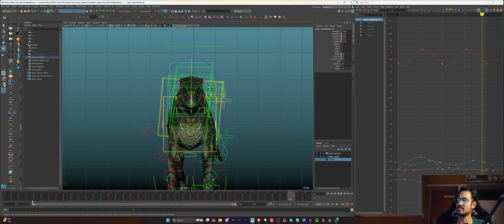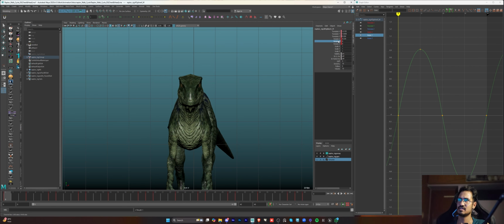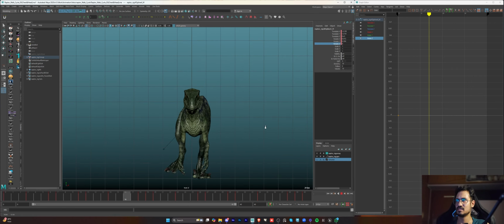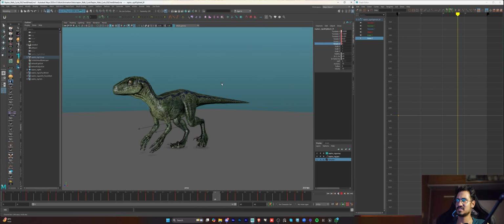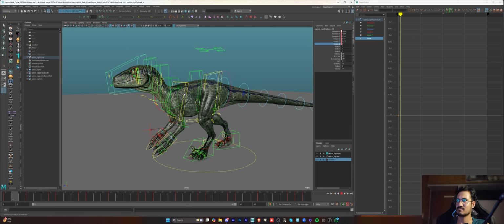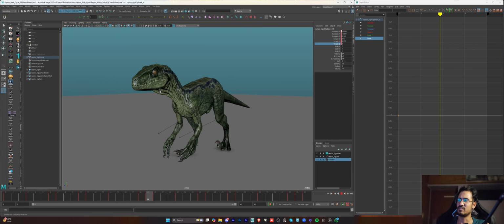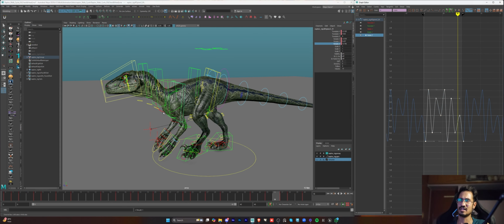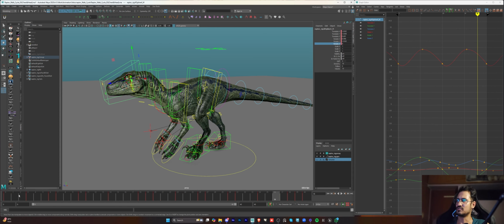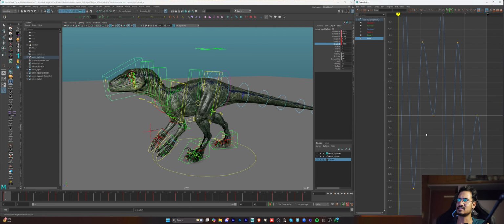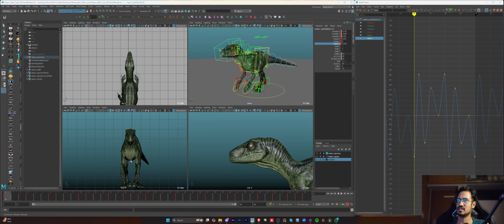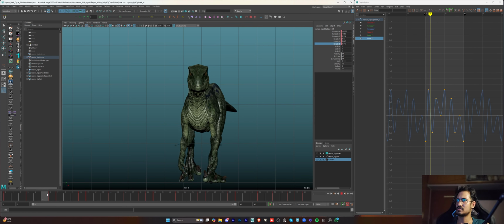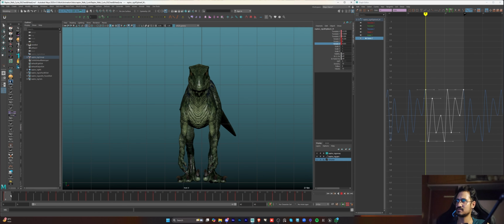Now we can even animate the rotation Z. If you want, you can give a slight shake in the head also, but this is not a very heavy walk, so we can go away with it. Or if you want, you can add some slight shake. Let's copy the graph of the rotation Z of the chest to the head as it is. Okay, and let's see. I'll just reverse the graphs. Let's see how it looks,